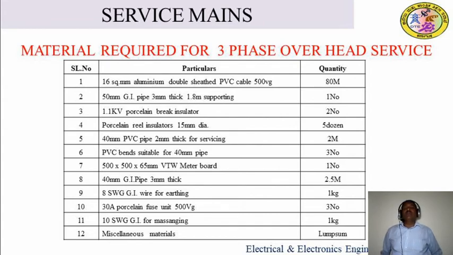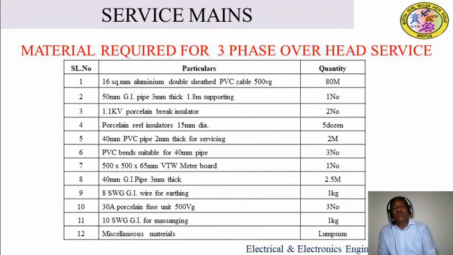So in this way, all the materials we have calculated we have to put in this tabular column along with the material specification and quantity. I already told you for what purpose you have to mention the specification: it is to easily get the material from the goods or from the material suppliers.